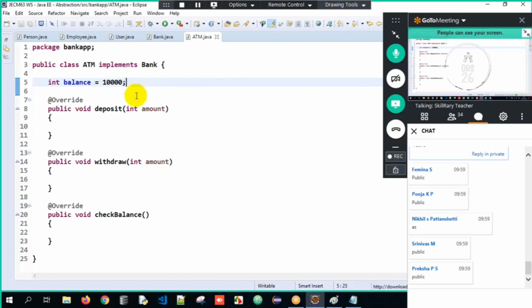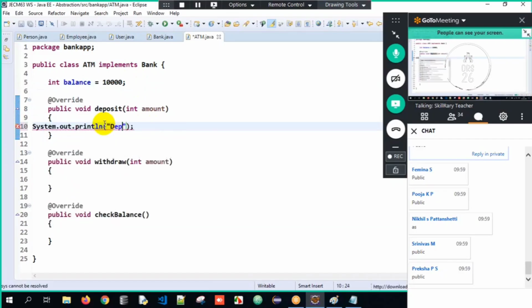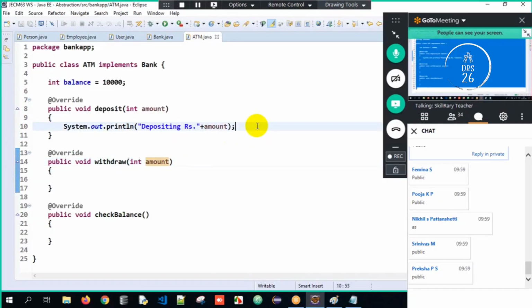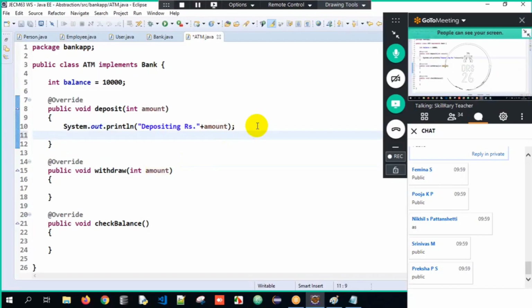Okay. So now here, deposit and so and so amount. So I will write it as one implementation: depositing rupees so and so amount here. Now here, when I tell deposit over here, okay, see your account balance is 10,000.